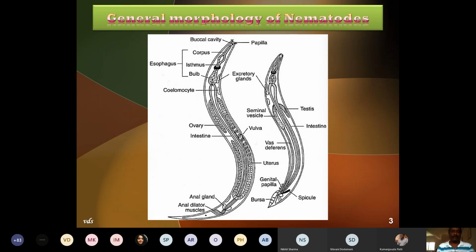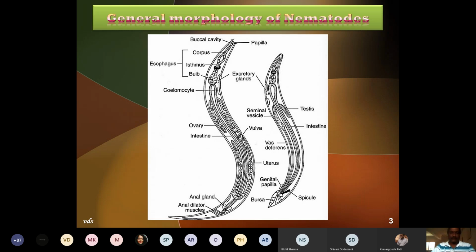But specifically, we will focus our attention on the sexual reproductive systems in the female parasite. Now, in the female, inside the cylindrical body, the parasite has the ovary, which is in the form of a convoluted tubular structure. It may be single or it may be double. If it is double, the whole tubular structure is folded to the anterior side as well as the posterior side. One is folded onto the anterior side, one on the posterior side.